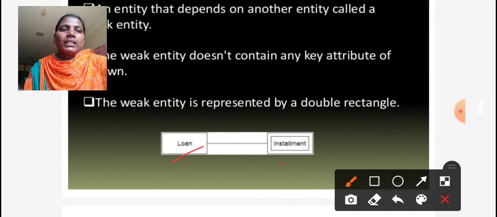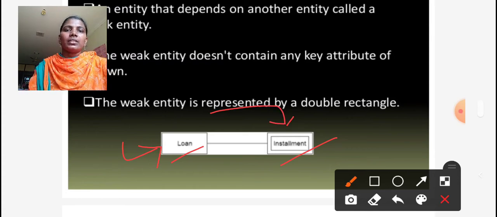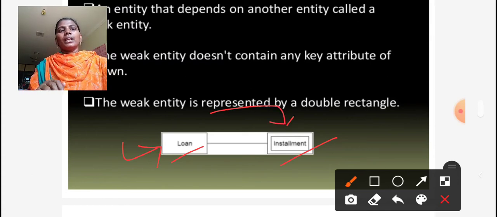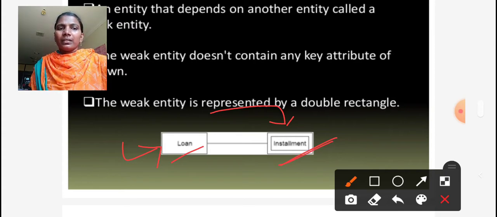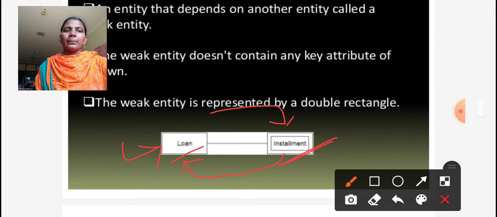Installment is a weak entity, and only if the loan entity exists can the installment entity exist. If the loan entity exists, then only the installment entity exists. That's why the installment entity is a weak entity, and it is always dependent upon another entity.